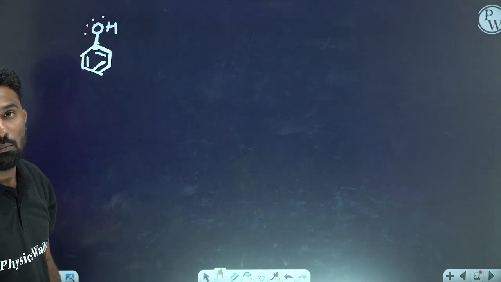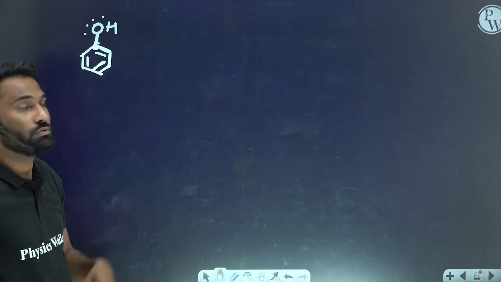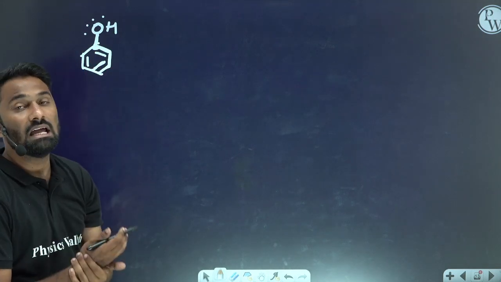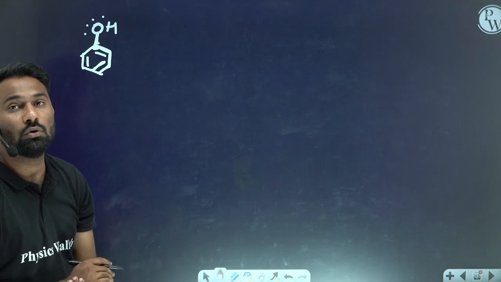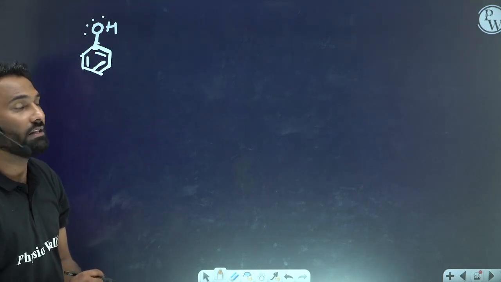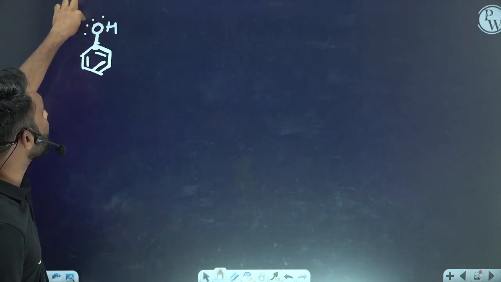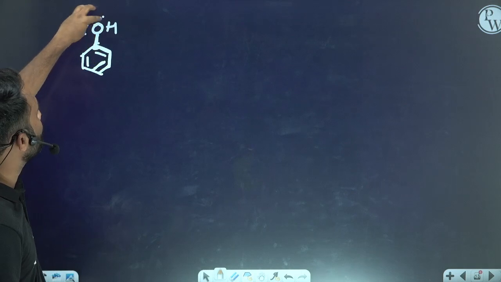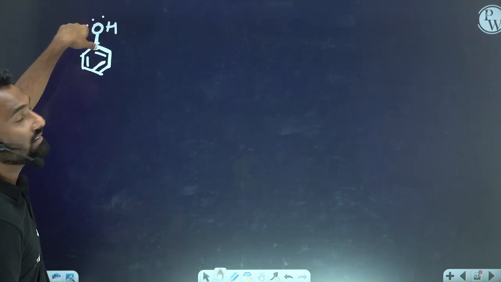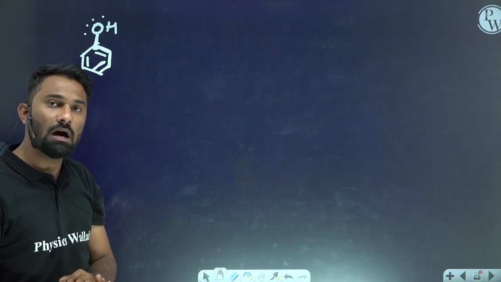Clear? Now benzene attached, most of the time how to identify the plus M groups, this we call it as a plus M groups or the electron ring activating groups. How to identify the ring activating groups? If the benzene attached carbon atom is having a lone pair of electrons, then it will come under the ring activating groups.